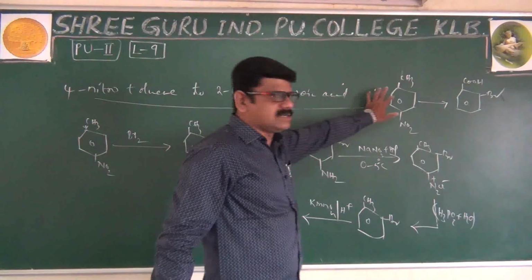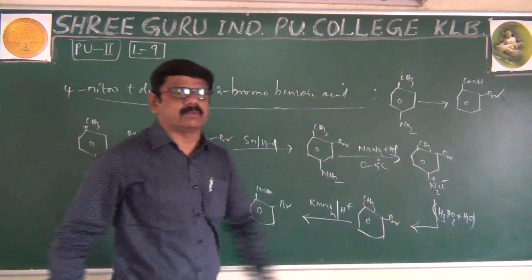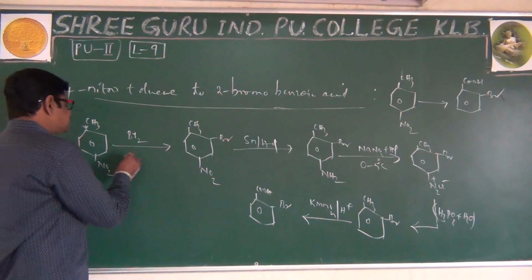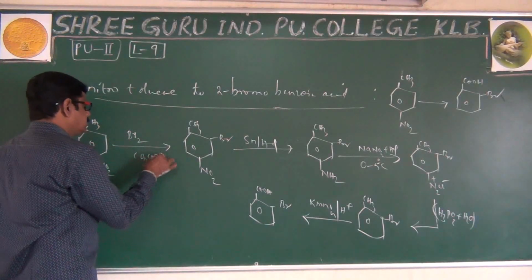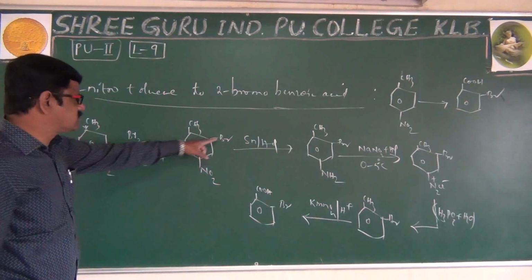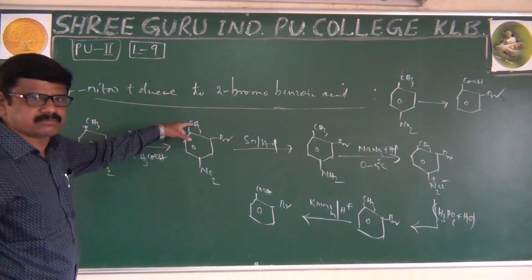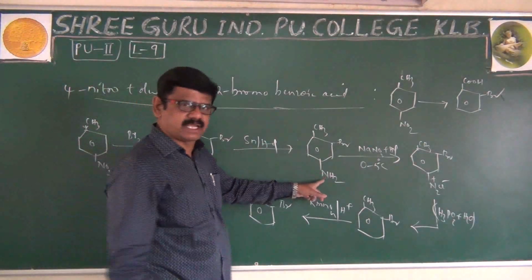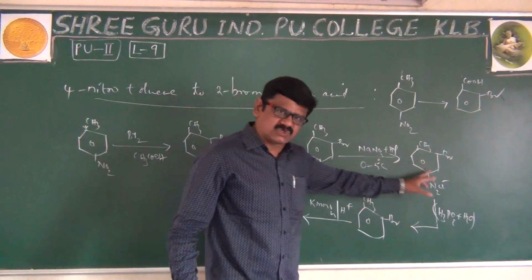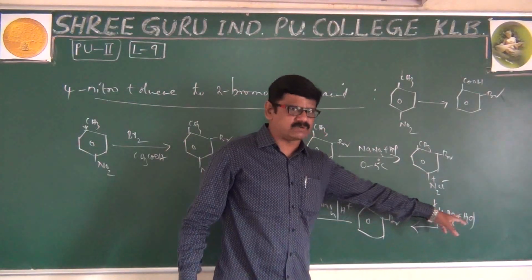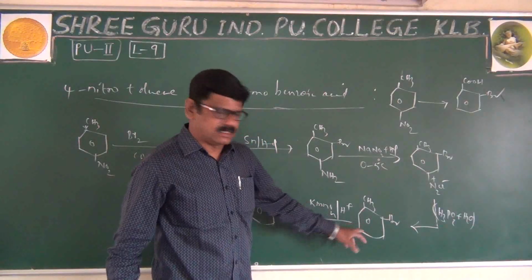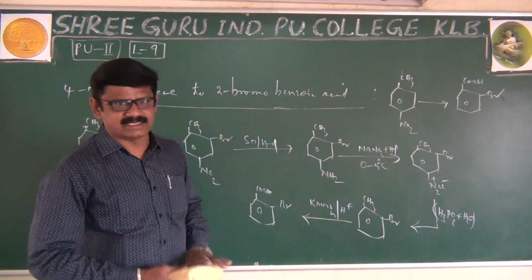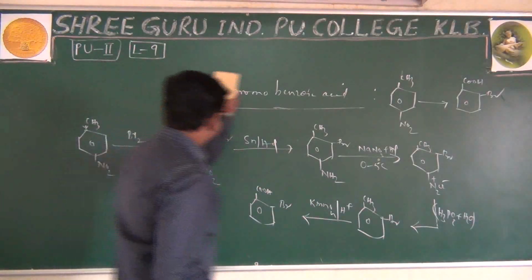Once again, this is our reactant. This reactant should convert to that product. The reactant undergoes bromination in the presence of acetic acid, of course. During bromination, the electrophile attacks at the ortho position of the methyl group. Then for NO2 reduction we have used Sn/HCl. NH2 is obtained. Diazotization process, diazonium salt. Then H3PO2 and water reaction. Then we get this structure. And the CH3 should convert to COOH. Oxidation is the final stage. That's it. Next question.